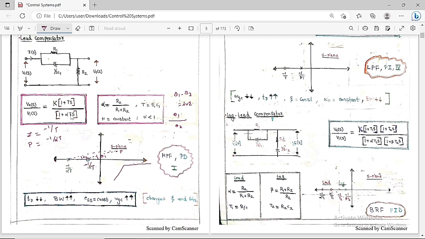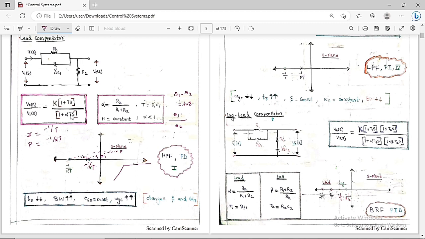As the gain is always constant, it is not going to affect the steady state error. So it will remain the same as the previous one. It will never increase or decrease. It will remain as it is. So therefore we can say the gain is equal to constant, and it is going to increase the gain crossover